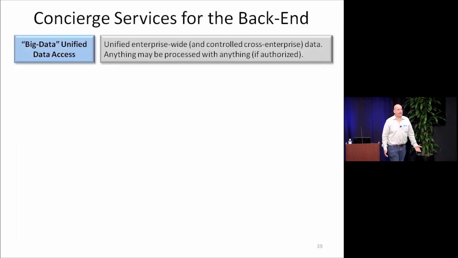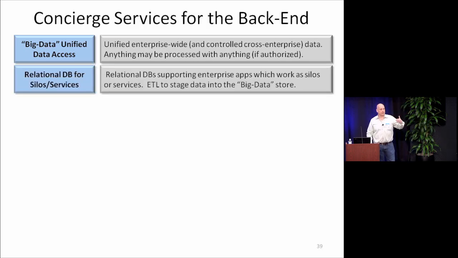What do I get for the back end? How do I get my concierge services? I want unified data access. I want one big pool of stuff across my enterprise, and anything can be processed with anything, assuming it's authorized. I want to allow relational databases for silos and services supporting some of the enterprise work. I mean, you guys aren't seeing that so much here at LinkedIn, but I want to run my accounting app or whatever the way it has been done for 30 years because I haven't changed it yet and I haven't gotten there. But I want to take the data out of that and stuff it into the big data store